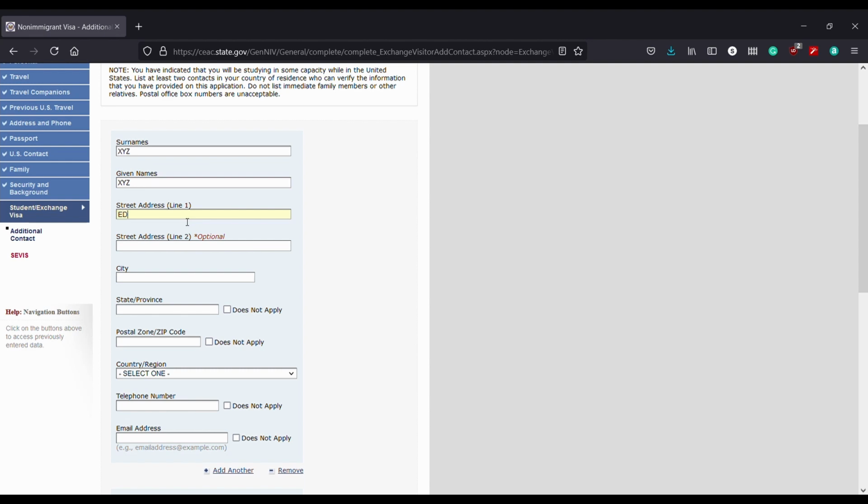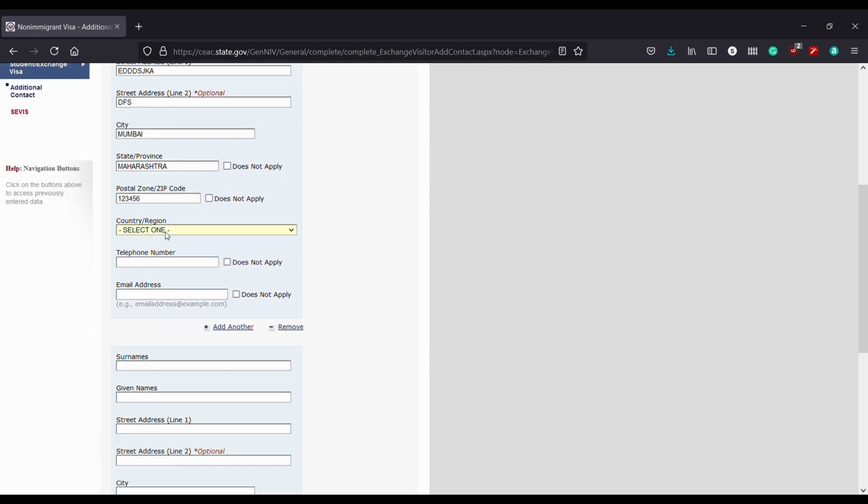And by credible sources I mean it can be either your friends who can be held accountable for you and who know you well, and probably relatives, anyone who knows you well basically and can vouch for you. So mention their details.